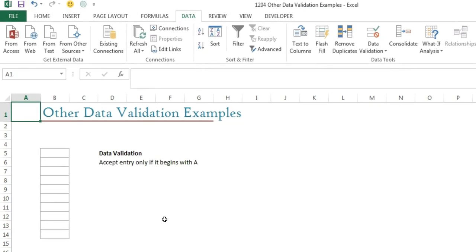Sometimes it happens that in different companies, an employee ID starts with a particular alphabet, or maybe a vehicle number. So these kinds of things happen. Maybe a PAN number or a social security number. So if you want an entry to start with a particular character, you can define it in data validation. As in this case, in this range, we want the entry to start with an alphabet